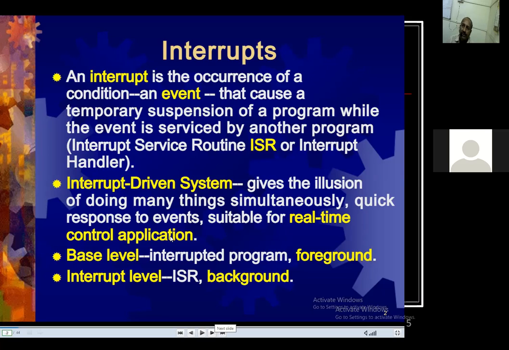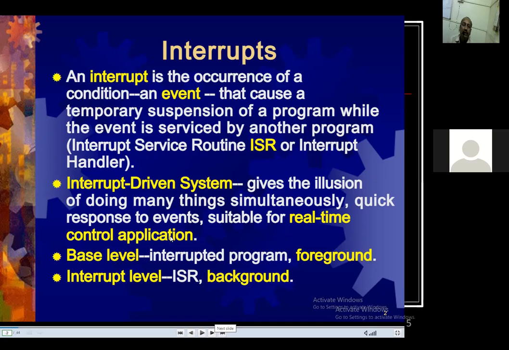What is meant by this interrupt? I will give a practical example. Sometimes we require that the temperature has to be detected, the pressure has to be detected, the gas has to be detected. So at a time, three different works have to be done, and accordingly the output has to be displayed.